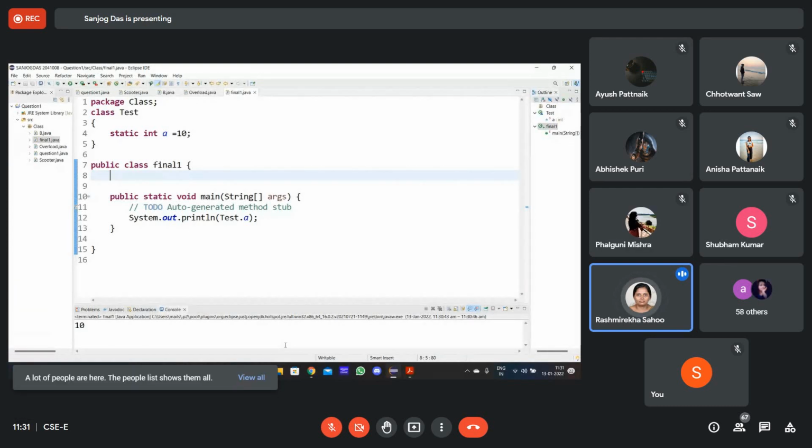But if you are accessing it in the same class, then no need of the class name. If in the same class you are declaring that static variable and in the same class you are accessing it, then no need of class name also.